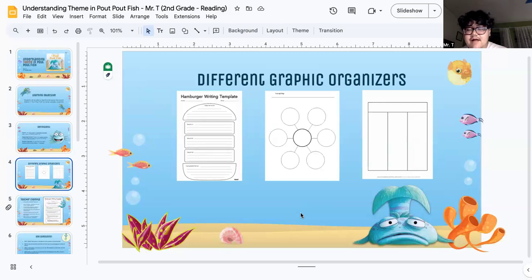You have a concept map, which is more like a bubble map, and then you have a column chart. So a column chart is basically in the name. It's very straightforward. It's kind of just like a regular chart. You have your theme at the top and your three supporting details at the bottom. Bubble map, you're gonna have kind of like a spider web. You're gonna have the main idea in the middle, and you're gonna have your supporting details around the sides. And on the hamburger, you're going to have your main idea at the top of the bun. You're going to have your meat, cheese, lettuce, all that stuff be your three supporting details, and the bottom bun,